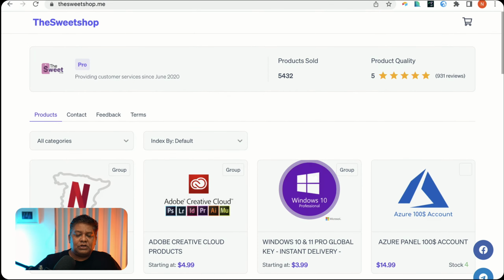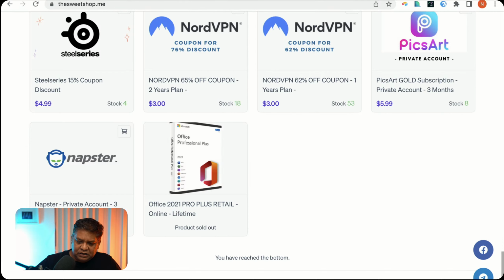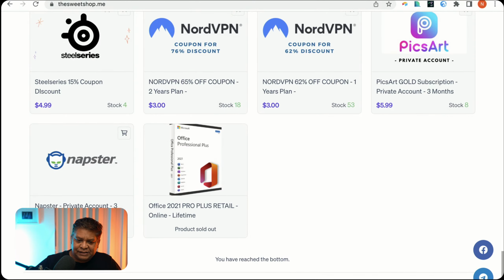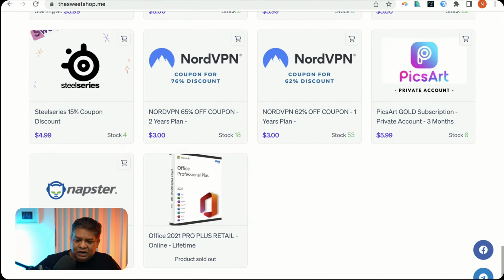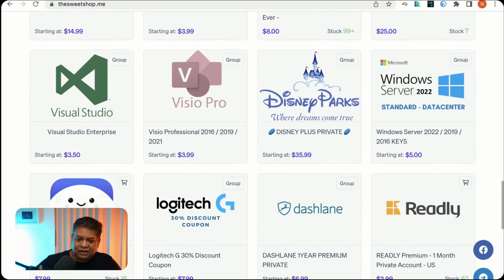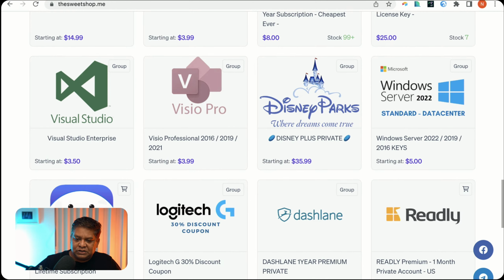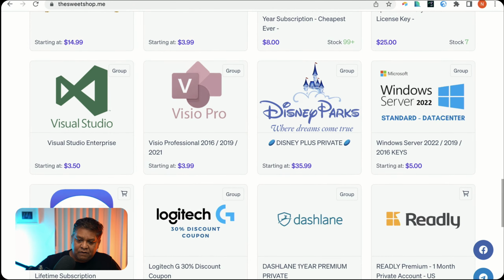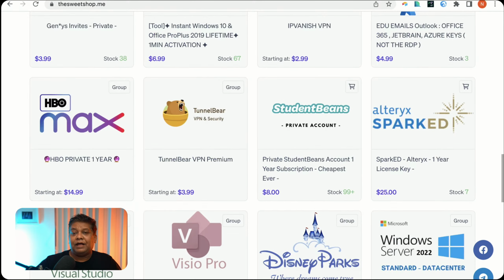All right, so this is one of the shops. This is based on Sellix. If you can see here, this is an e-commerce solution powered by Sellix. And these guys are selling anything from Visual Studio Enterprise to Disney Parks, Disney Plus private access, to Windows Server 2022 for $5, right?